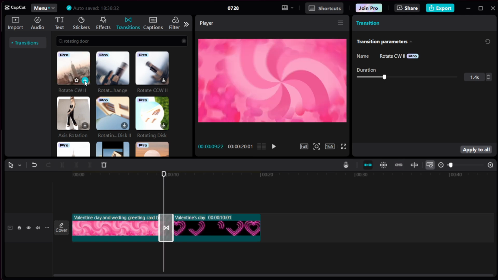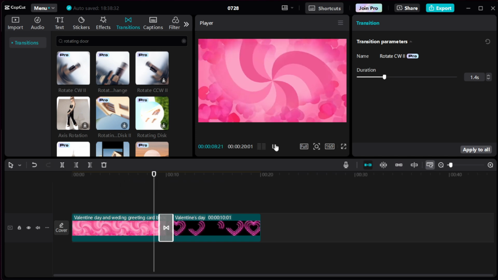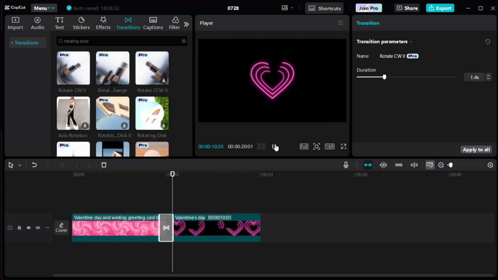With just a few steps, you've learned how to add a captivating rotating door transition in CapCut. This technique can truly enhance the storytelling aspect of your video, engaging viewers and keeping their attention. Happy editing! And enjoy experimenting with other transitions to find